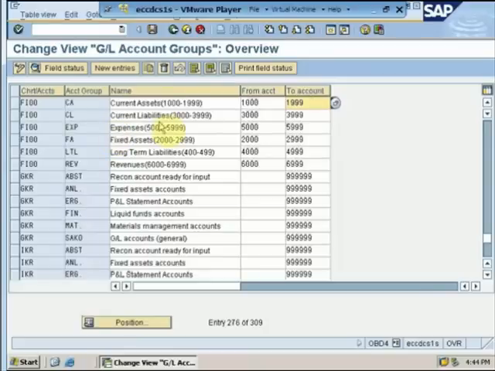As we understood so far, creating an account group not only controls the number range of those GL accounts, account groups also control certain field status regarding that account group. If I double click on it, the system will directly take me to the field status of this account group. For example, a current asset account needs to have certain properties maintained. So I would create those properties as a required entry.